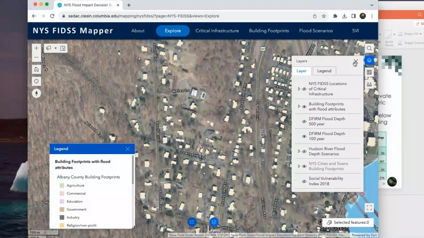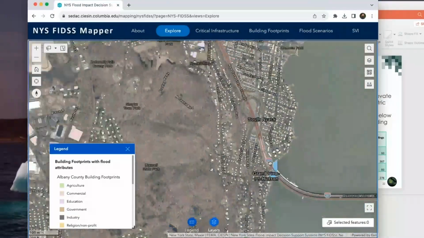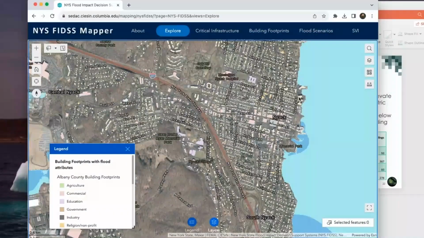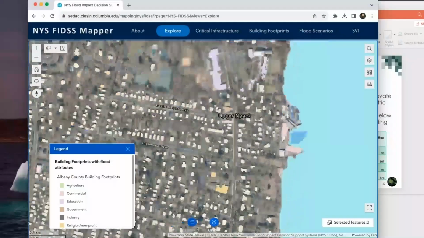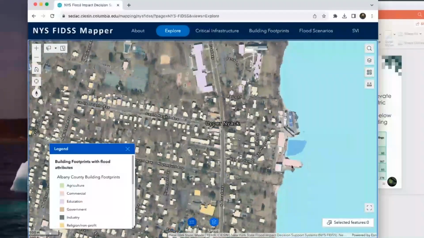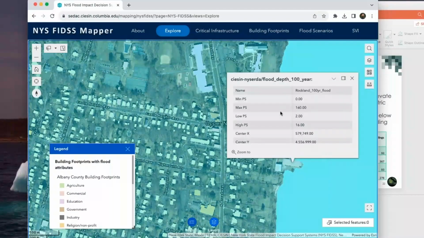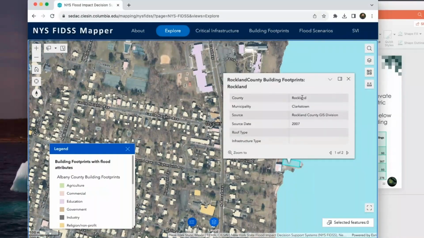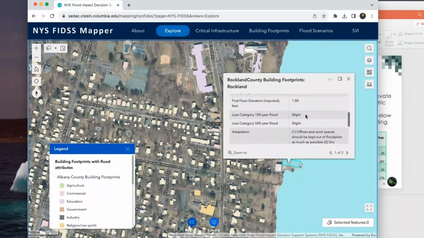I'm going to turn off the 500-year flood and you see a significant difference in the model flood extent between the 100-year and the 500-year. You have to go much further to find something that's potentially impacted by the 100-year flood, because the flood depths are so much less. And I can click on that building footprint and see that, oh, sorry, I missed the footprint and got the 100-year flood extent. So here we can see that it's actually showing slight damage under 100 and the 500-year